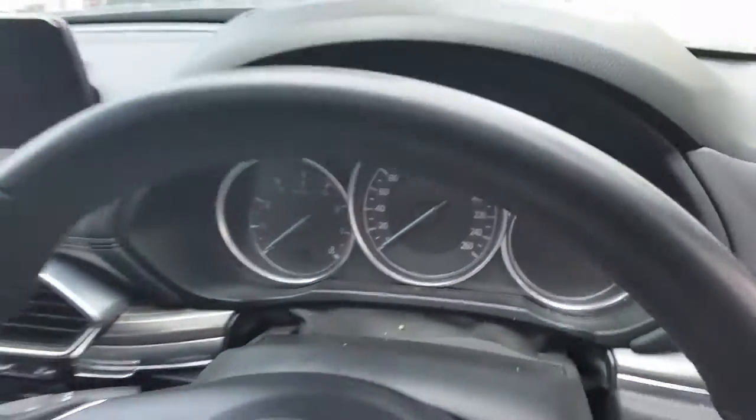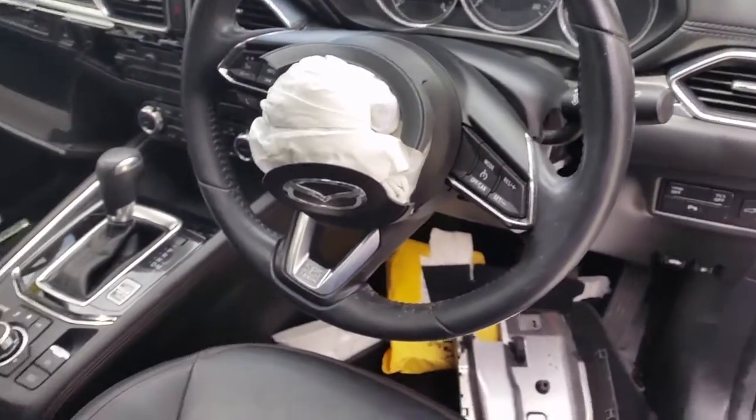dealership case. Right hand sun visor, instrument cluster, and a tidy 3-spoke leather steering wheel with cruise audio and phone